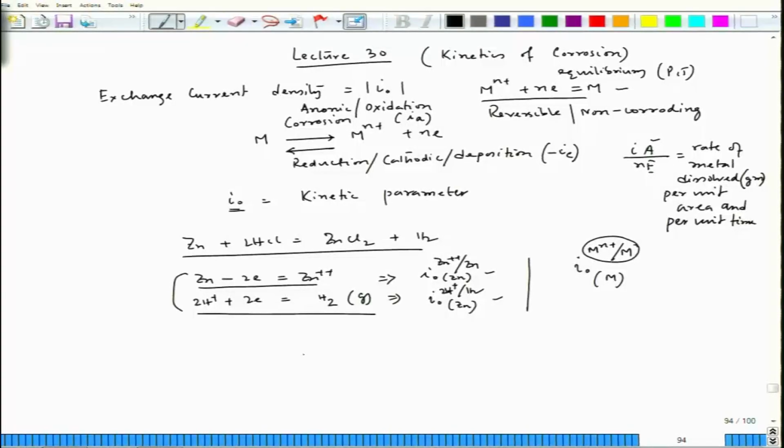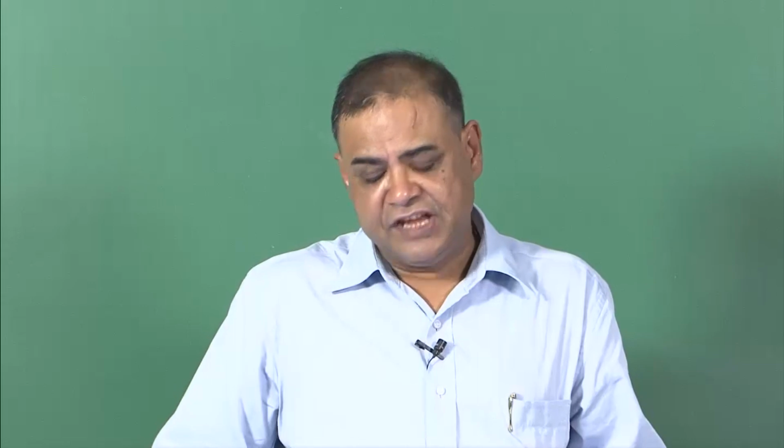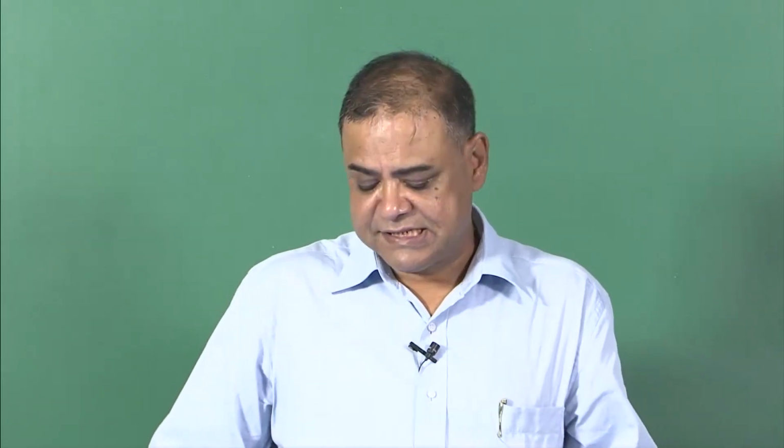For example, in this zinc case, zinc dissolution is taking place from the zinc surface, and that is what we are considering I0 for zinc dissolution on zinc, as well as hydrogen evolution is also taking place on the zinc surface. That is what we are considering, hydrogen evolution exchange current density on the zinc surface also. Now,